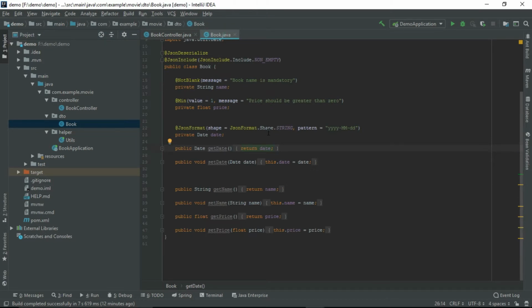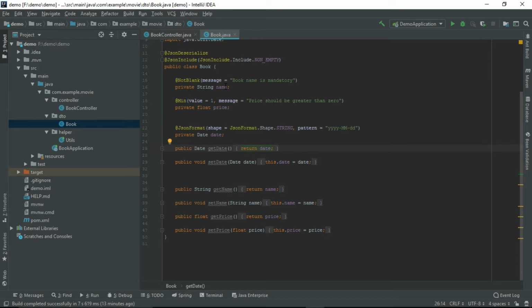Just see here. This bean contains a string, a float and a date variable. For the float, I set the minimum value annotation as 1, and the string should be non-blank. If the user sends the number as 0 or less than 0 for the float variable, it will throw a 400 exception with the error message: price should be greater than 0. The same applies for the string also. It shouldn't be null or empty. Even the user shouldn't be leaving this field. The internal annotation does all the implementation for us.